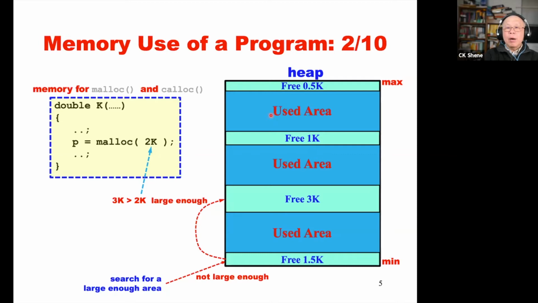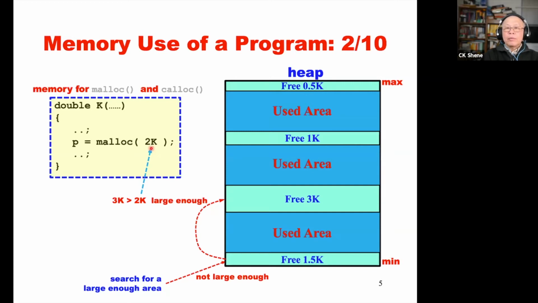Anyway, they are used. So between two used areas, there could be free areas. For an example, we have one free area of 1.5K, a free area of 3K, a free area of 1K, and a free area of 0.5K. So when we call malloc to get a 2K free area,